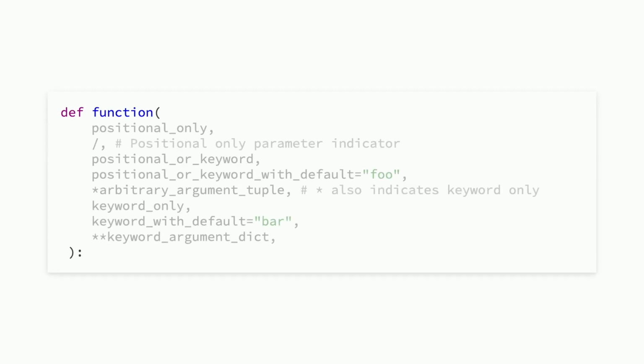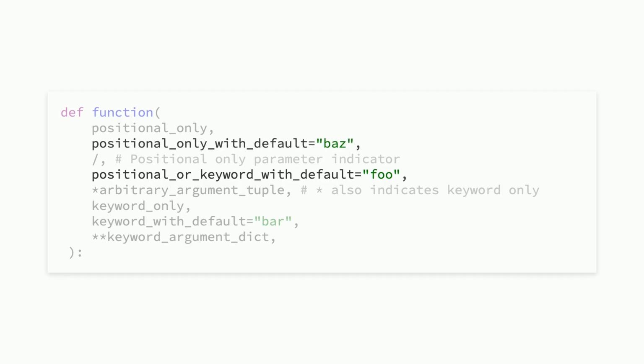And so to recap, this is Python's beautiful function, argument, and parameter system. The / special parameter marks that the previous parameters are positional only. There's also the standard parameter that can be positional or keyword, and can also be set with a default. As can positional only, if they and all other positional arguments are also given defaults.